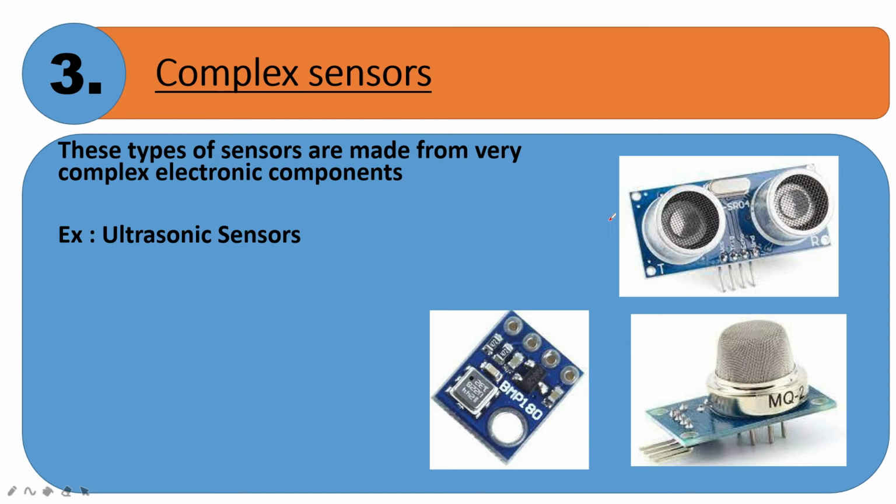And this is an ultrasonic sensor. Well, this is also a very complex sensor. It will tell you at how much distance something is, like some object is at 10 meters, some object is at 20 meters. So with accuracy it can tell you at how much distance any object is. But using this sensor is a little bit easy. And then this is the MQ2 gas sensor, which is used for measuring gases.